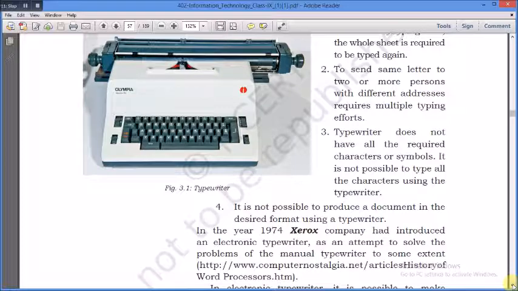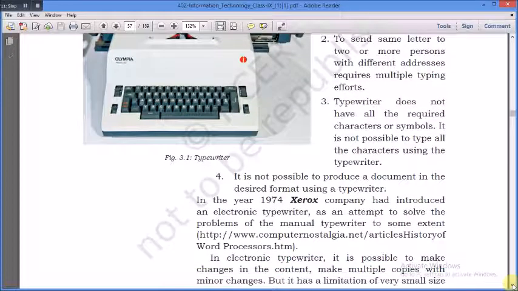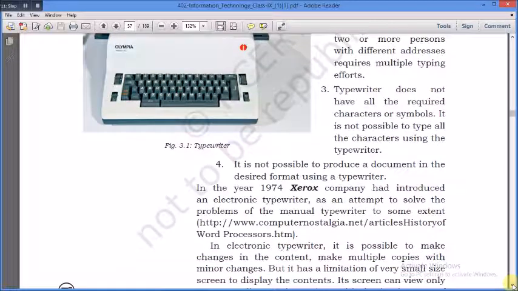Now in 1974, the Xerox company introduced the electronic typewriter as an attempt to solve the problem of the manual typewriter to some extent. It could resolve the problem with the manual typewriter, so that errors could be erased using this electronic typewriter, but it could not completely erase those errors.